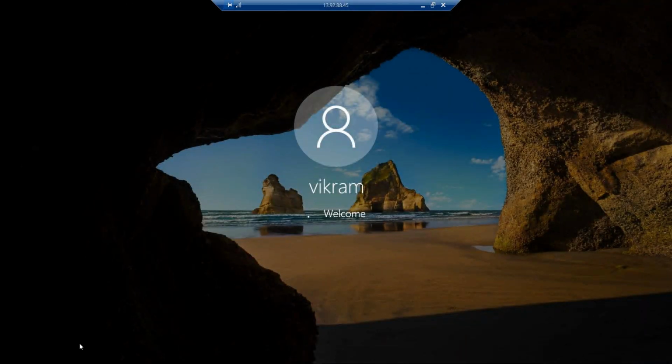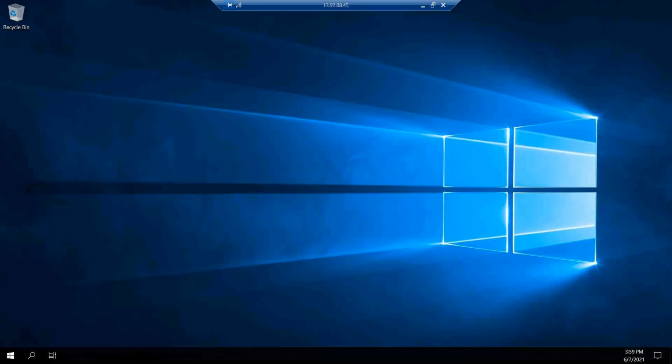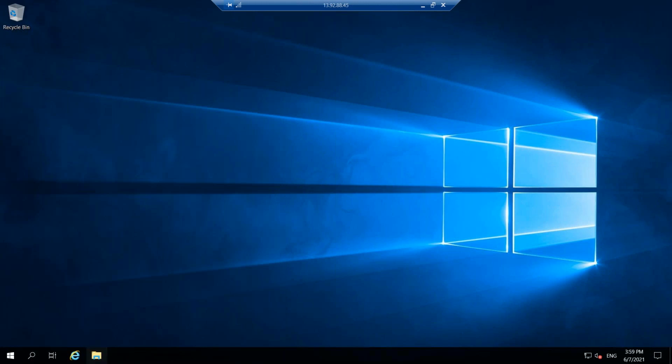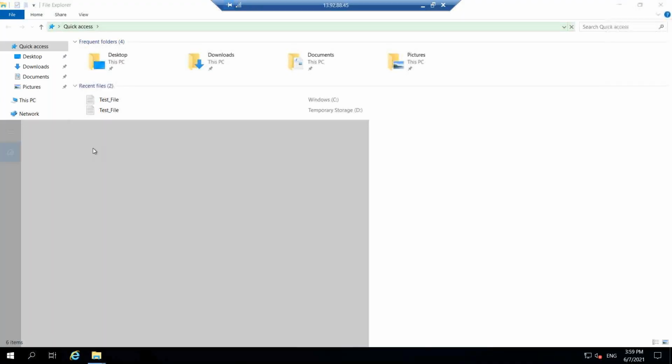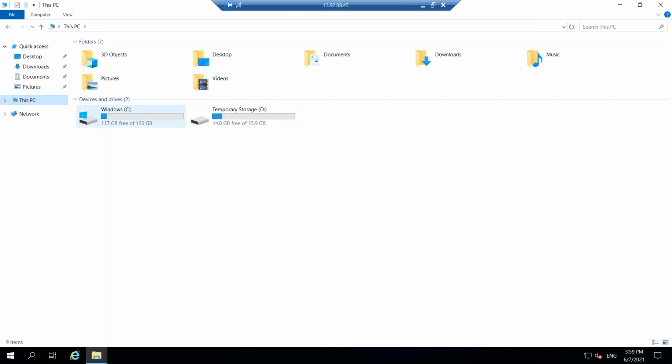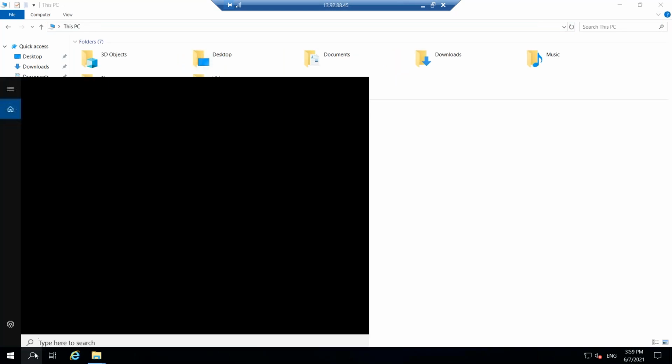It won't reflect as such. We have to do some settings in the Windows machine to create that one. If you go to Windows Explorer, you want to find the D drive now, but it won't be there. So you have to do some configuration.